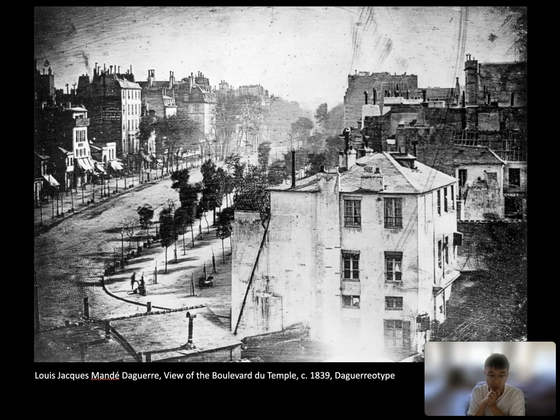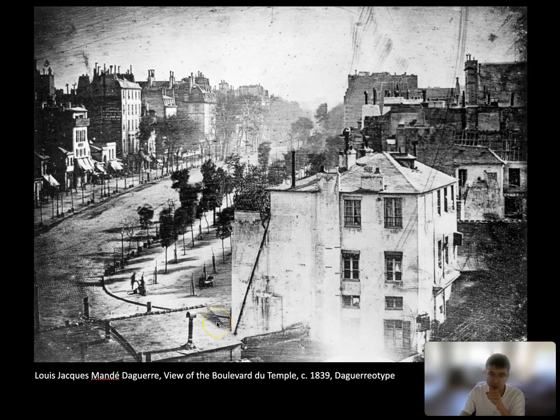Again, exposure is still long, 5 to 60 minutes. By Daguerre, view of the Boulevard du Temple. The Temple Boulevard. Do you see any figures? Do I see any people in the scene?